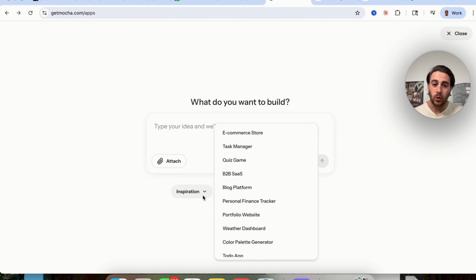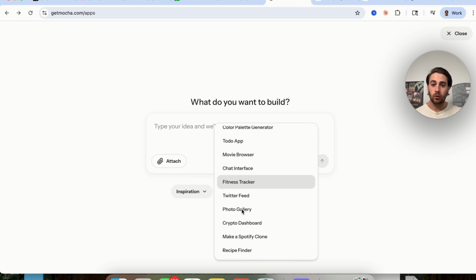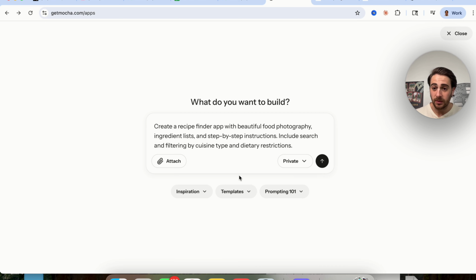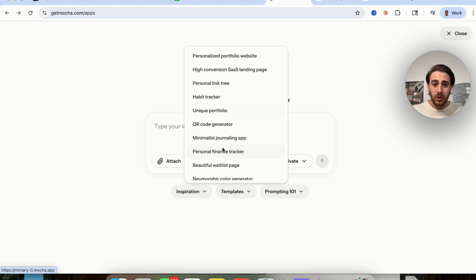In addition to that, if you click on inspiration right here, scroll down, you're going to see a bunch of different things. For example, if we click on recipe finder right here, this is going to create a recipe finder app with beautiful food photography, ingredients lists, and step-by-step instructions, and it includes searches and filters by cuisine type and dietary restrictions. So what we could do is actually come over here and modify this a little bit if this is the thing that we want to create or along the line of what we want to create. So I'm going to grab this and copy this,